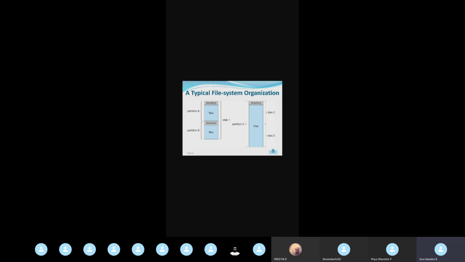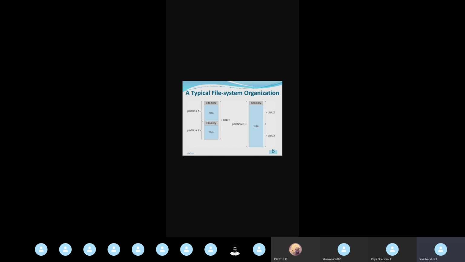Both partition A and partition B reside in disk 1. In the right side image, you can see a block of memory, and in that block I have two disks, disk 2 and disk 3. Disk 2 and disk 3 are combined to form a single partition, partition C. We combine them because our file size is very large compared to a single disk.